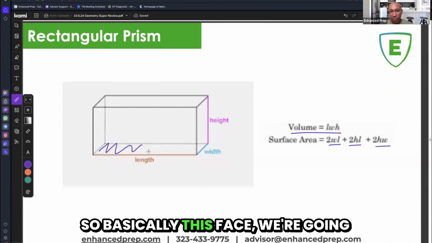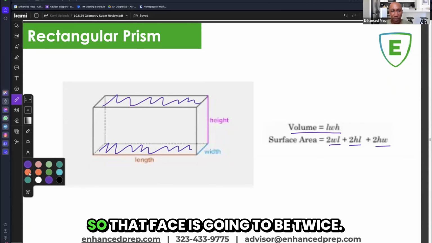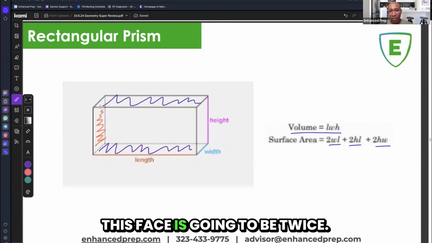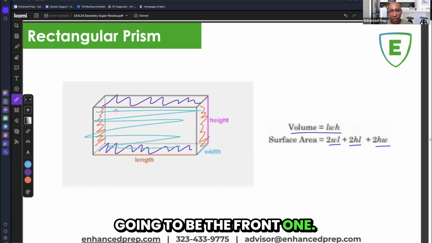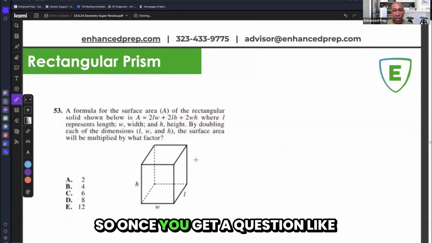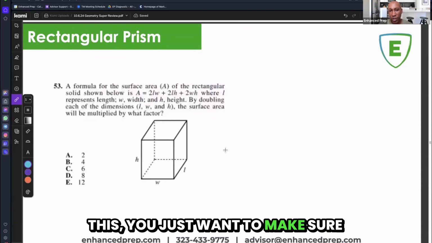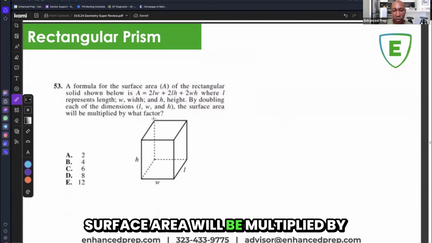So basically this face, we're going to have that twice, and then for all of those other ones, right? So that face is going to be twice, this face is going to be twice, and then this face right here is going to be the front one, and then we also have the back one that's there, right? And that's where those come from. So when you get a question like this, you just want to make sure you're doing the basic math, right? So by doubling each dimension, the length, width, and height, the surface area will be multiplied by a factor